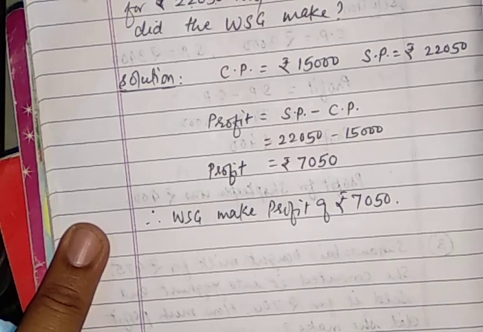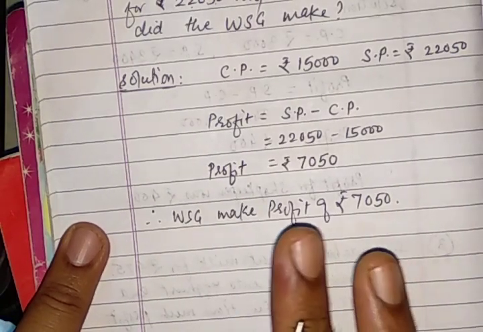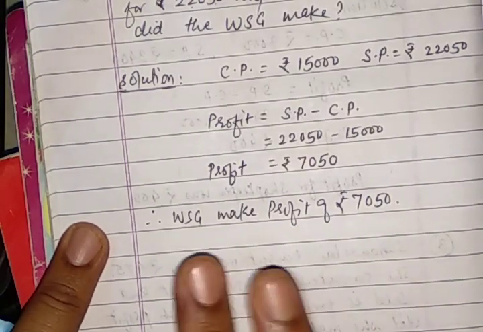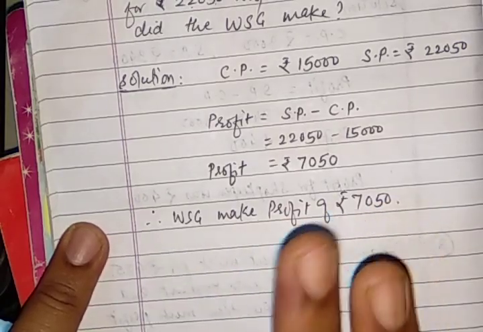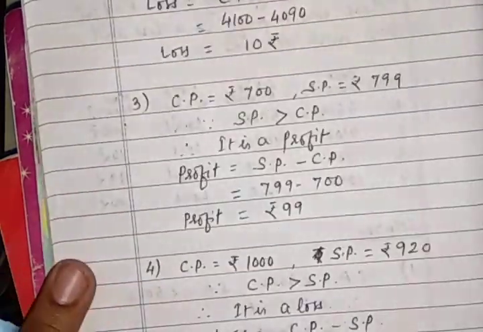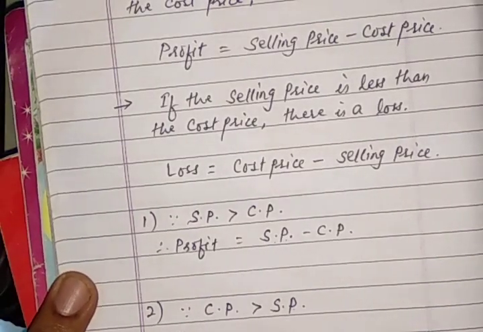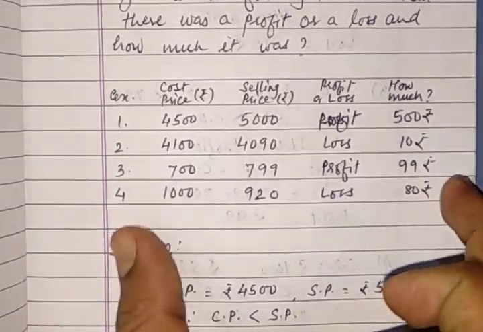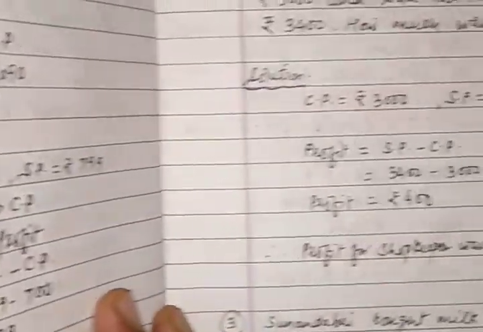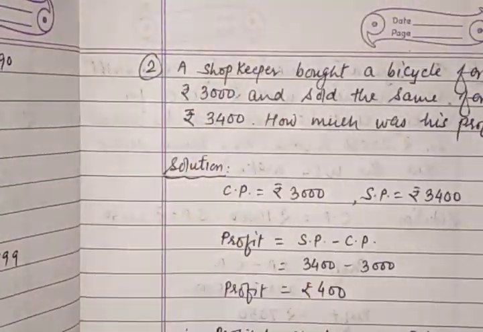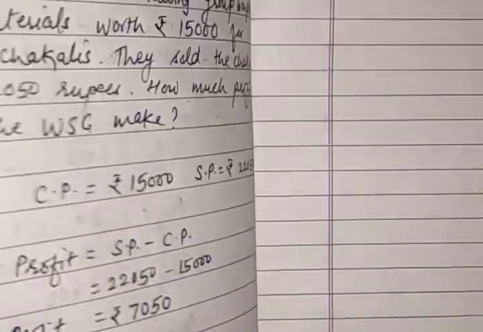Okay, so students, problem number 5 and 6 from this exercise have been omitted, so you don't have to do that. So you will do only 4 sums. Is it clear? First, that is completion of the table. Okay, for that you will solve all 4 sub questions, and then you will solve the second, third, fourth word problem. Okay.